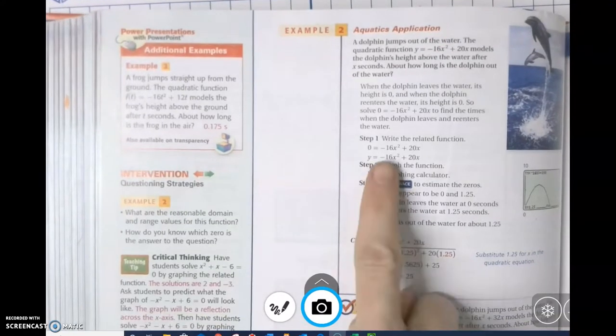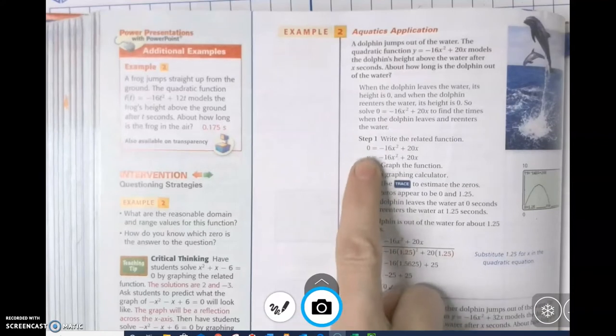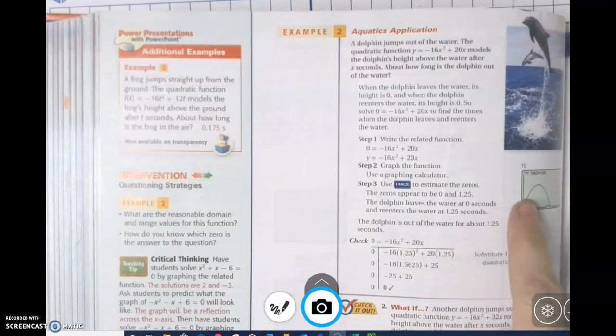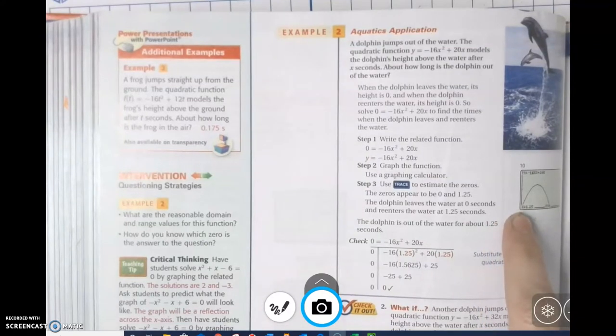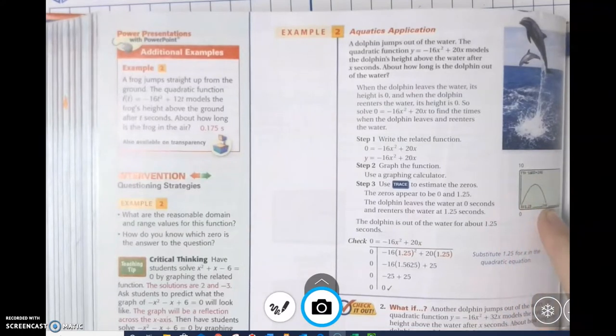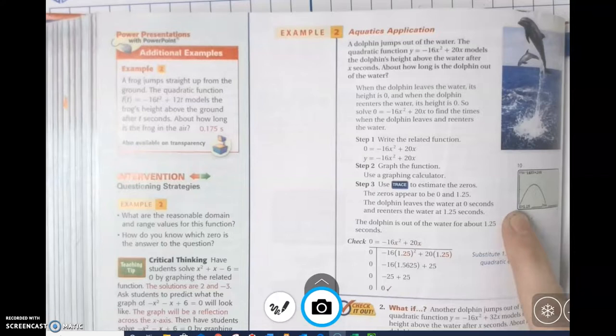To do this, you're just solving for the 0, guys. So we change 0 to y, and then you graph the function. When you graph it, you see that if the dolphin jumped out of the water, he started at 0. He jumps out of the water, and then when he lands, the point where this parabola intersects the x-axis tells you how long he was in the air. He leaves, arches, and then lands. So one solution is 0, but that's obviously not it because that's when he left the water. And this